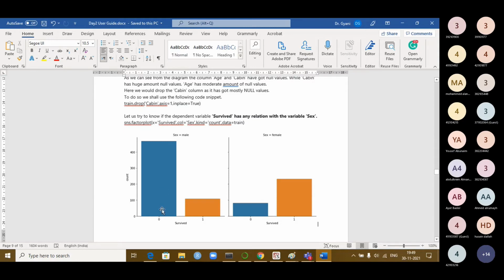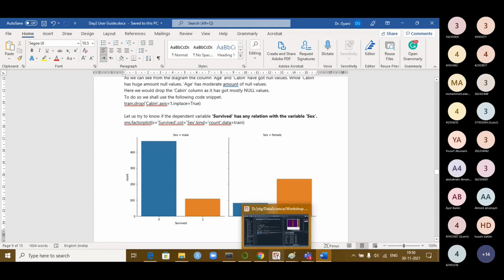So here out of the males, only these survived. These are the survived figures, and if you look at the females, many survived. It is showing 0 and 1: how many survived and how many did not. 0 means false, not survived. 1 means survived. So in the female category there are more survivals than deaths. Here in the male category you see more deaths than survivals. This is what is shown.